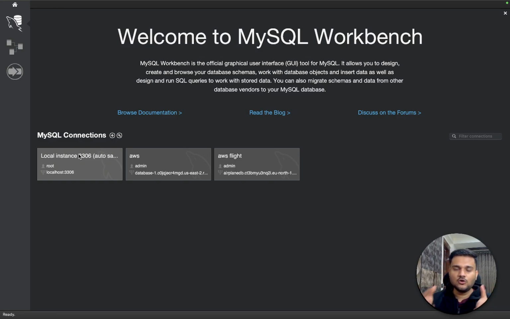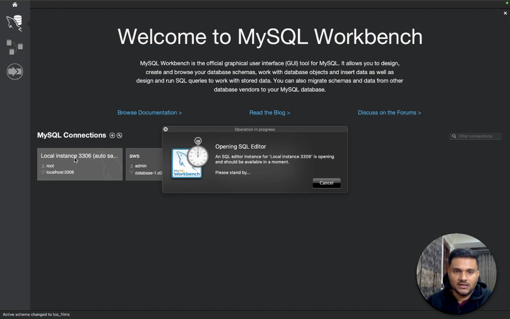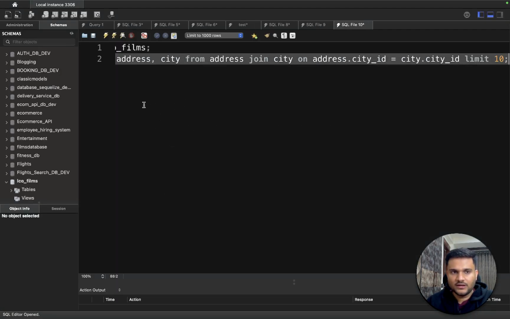So you will use localhost and then you want a port. The default port for MySQL is 3306. You can change it and reconfigure it, but the default is 3306. That's why it says local instance 3306. That means it will try to connect to your MySQL server on localhost 3306. If the MySQL server is up and running, double clicking here will try to open an editor in front of you,